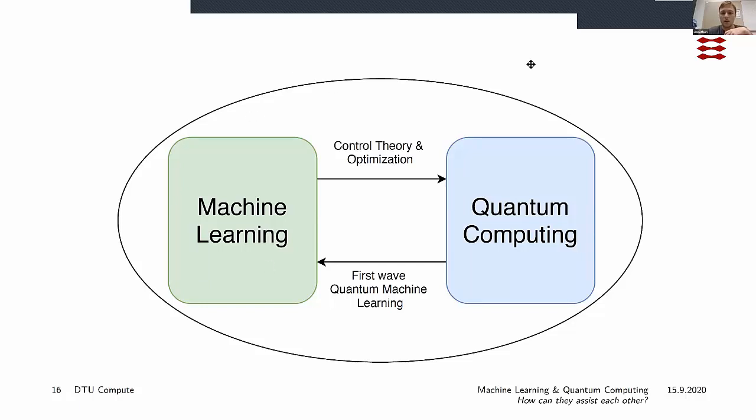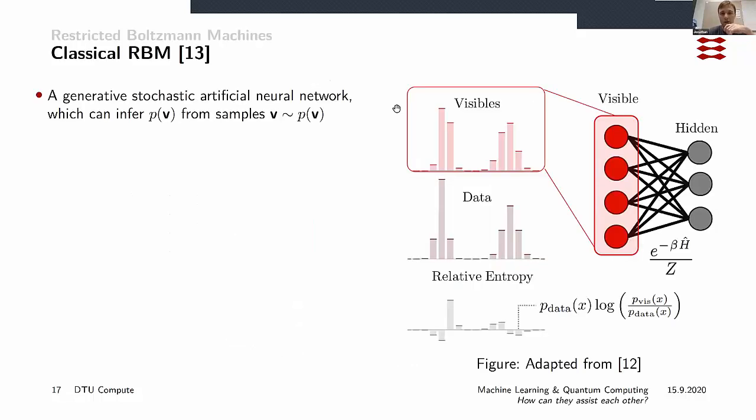And now I want to explore all of these ideas into one specific approach. But before I do that, I want to introduce the restricted Boltzmann machine. So we imagine that we have what's called a Boltzmann machine, that is a 2-layer neural network. It can actually be more layers, but we just assume for now that we have 2 layers. And we have what's called the visible layer, and we have what's called the hidden layer. And the visible layer is sort of where we encode our data. So that's our encoding part.